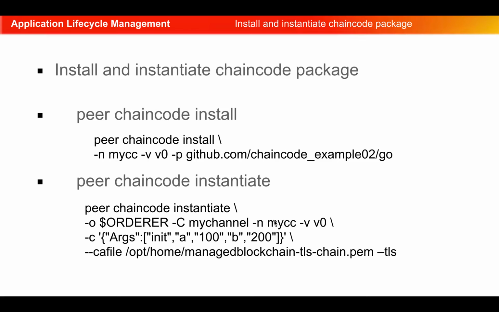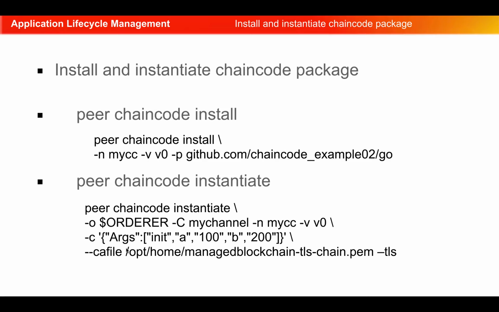Then you have -n, which is the name of the chaincode. Then again you have -v, which is the version of the chaincode that we have already mentioned in the chaincode install command. Then you have -c, which represents the constructor message for chaincode in JSON format. As you can see, from this brace to this curly brace, this is JSON format. The default is an empty pair of curly braces, which provides no arguments at all. But here we are providing